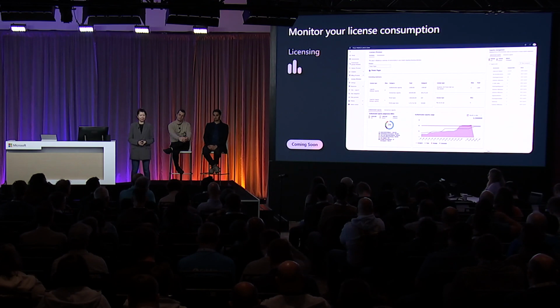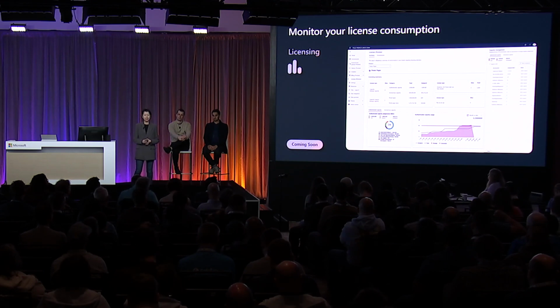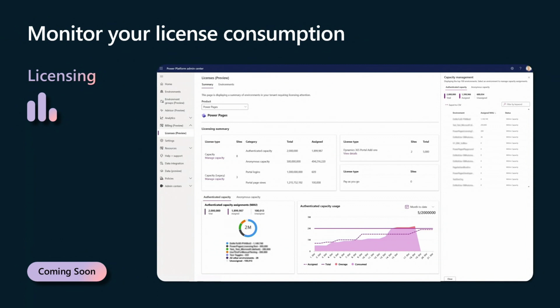Okay. And for licensing monitoring, we're introducing a licensing dashboard which shows all the license types in use in the tenant and the relevant metrics. For Power Pages pre-purchase capacity, this dashboard shows the available capacity, the capacity assignments, and the capacity consumption. The capacity management experience has also been improved to show past consumption data to help determine the capacity required for an environment. And finally, we added support for licensing-related notifications that will show up as recommendations in the Admin Center and will be sent as email as well.